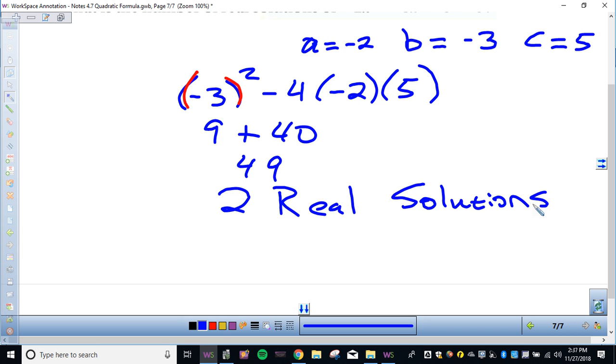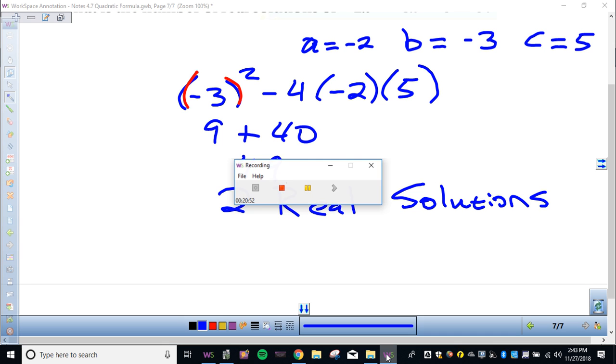2 real solutions. Okay, positive number. All right? That is it. So quadratic formula, -b plus or minus square root of b squared minus 4ac all over 2a. That tells you how many times the parabola crosses the x-axis. Discriminant is just b squared minus 4ac. That is it. Your homework